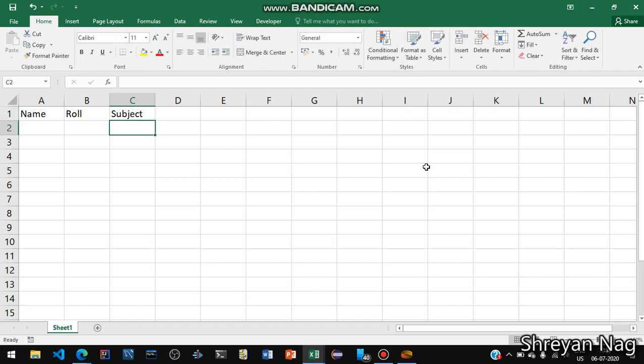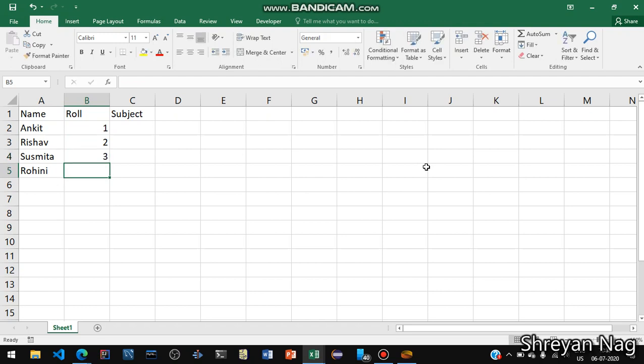Now someone's name may be Ankit, someone's name may be Rishabh, someone's name may be Sushmita, someone's name may be Rohini.